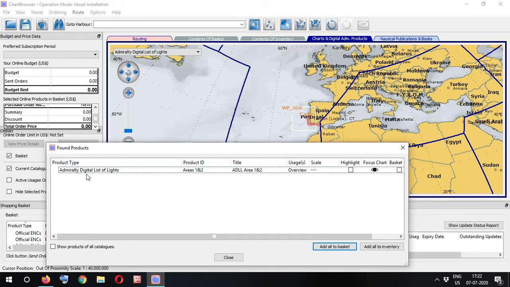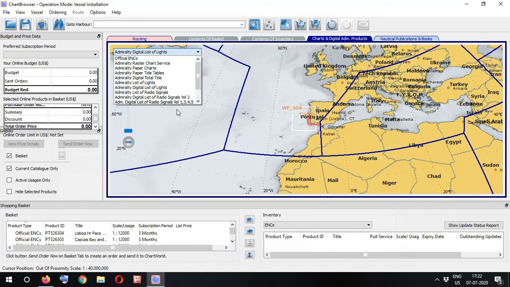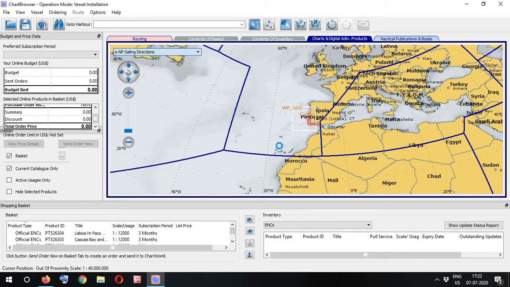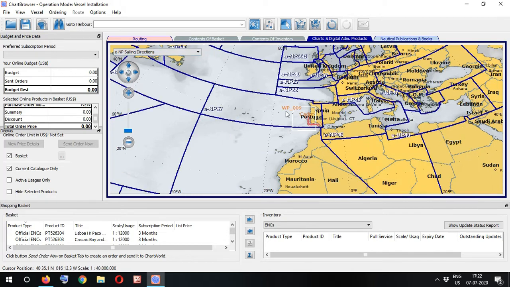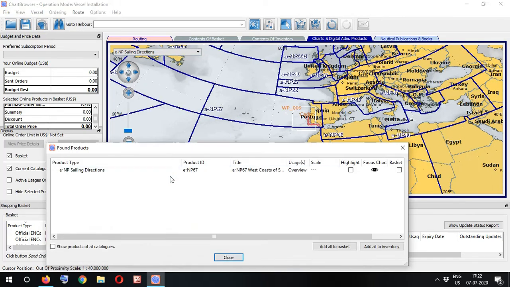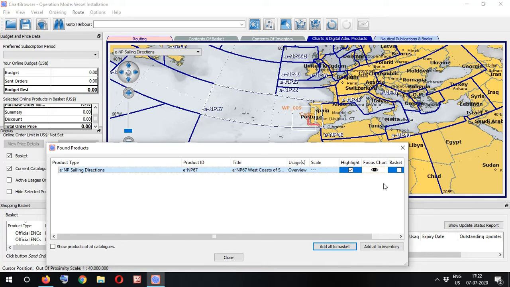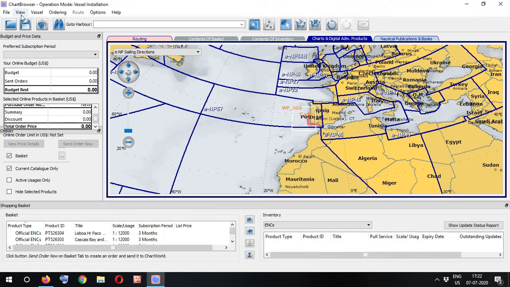You can just look here: okay, we need Admiralty digital list of lights area 1 and 2. That's it, close. For others also you can select like this, come here for ENP. If you don't know which ENP you want to use, right click, it will show that it is coming into this area. You can highlight it and make sure that you are selecting the right ENP. This is just for easy reference, for the ENP you'll be using.